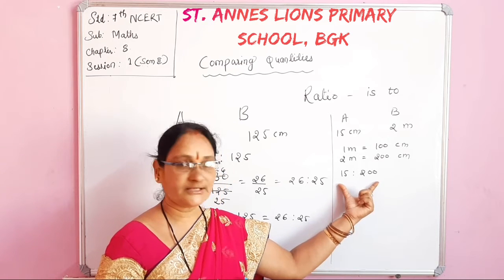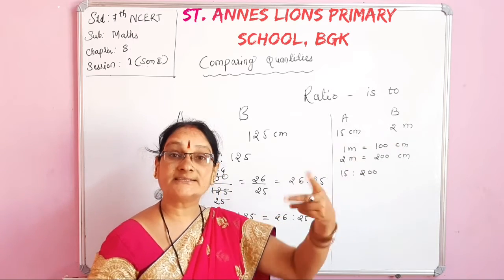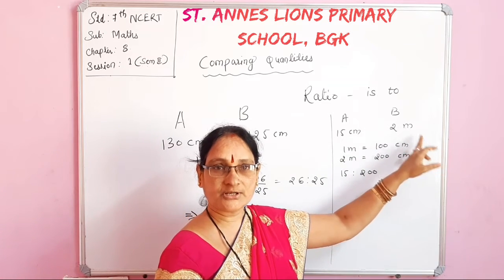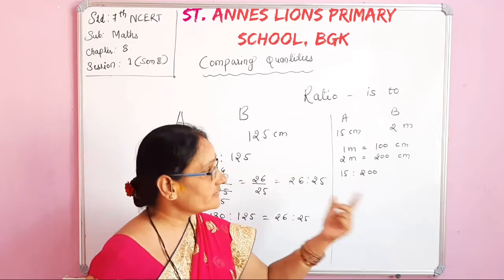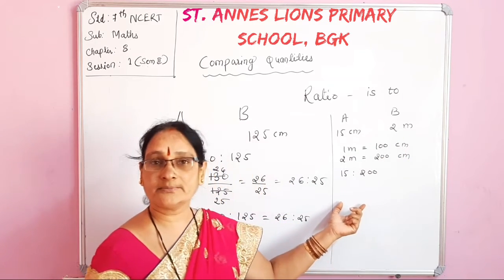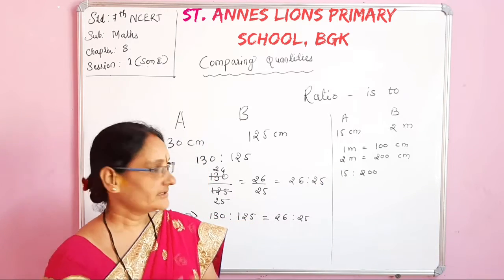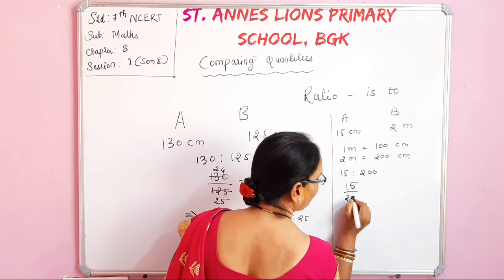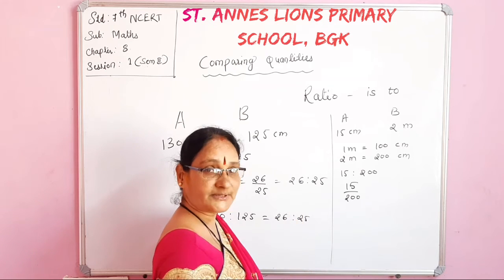Now we have written the given things in the ratio notation by converting them into the same units. One was in centimeter, one was in meter. So directly we cannot write this into ratio. Then what we have to do? We have to convert them into same units. Then only we are allowed to write them into the ratio. Now ratio we have written. We know that ratio can be written in the form of fraction. Now very easily we can write their simplest format.